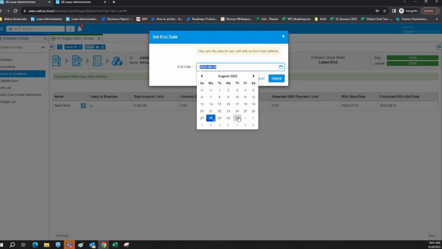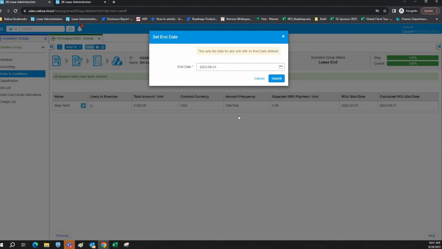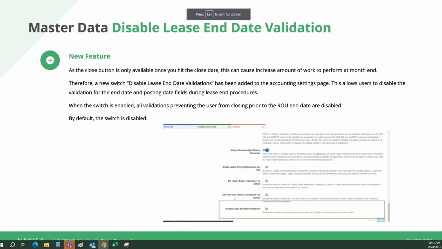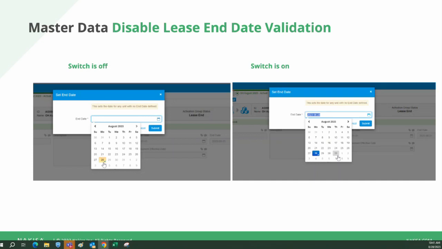Moving back to the contract level, and if I click on a lease modification, you can see that the modified contract rate is not selected. My switch is off. So let's turn on the switch. And I'm clicking save. As with every change that I'm doing in the manager page, this is a very important step. And for the lease modification, if I'm selecting the lease modification now, yeah, you can see the modified contract rate